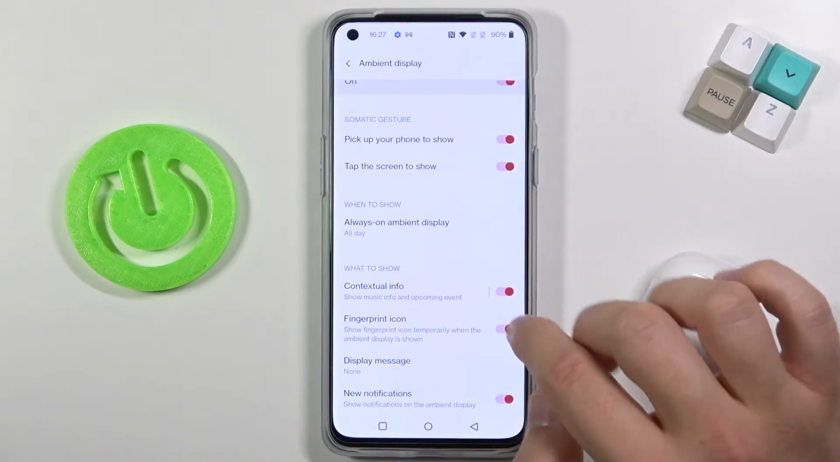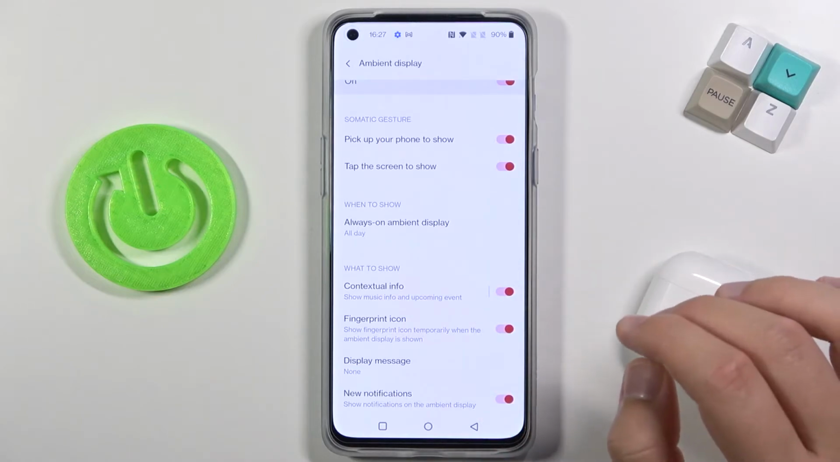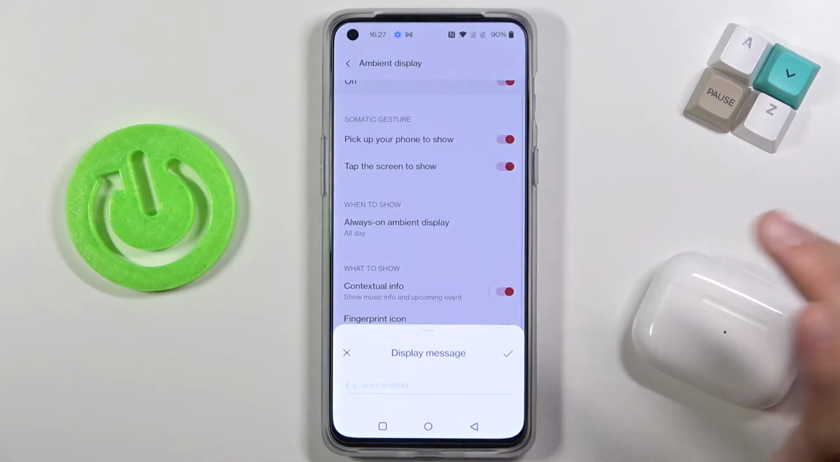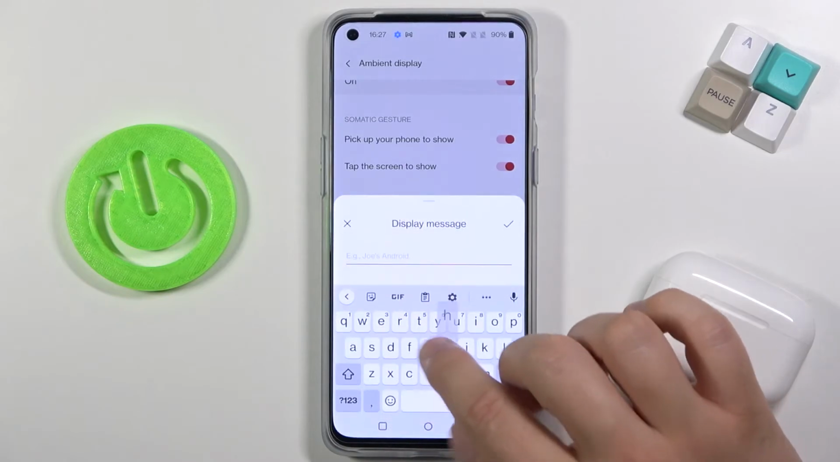Here we've got what we want to show. We can get a fingerprint icon. We can display messages, for example, "hey,"